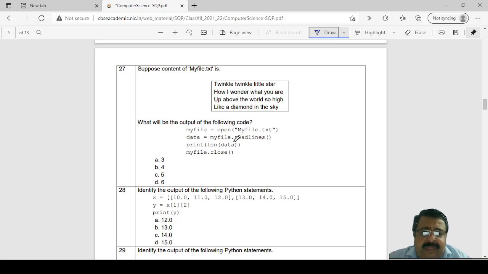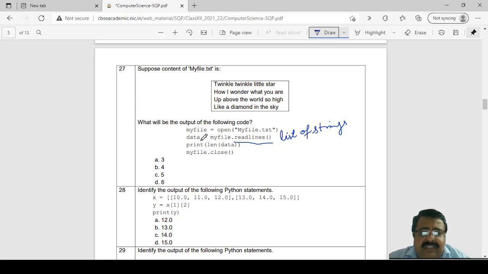we have been given here readlines. What will readlines do? Readlines will read the entire file and store it in the form of a list of strings, where each string is one line.